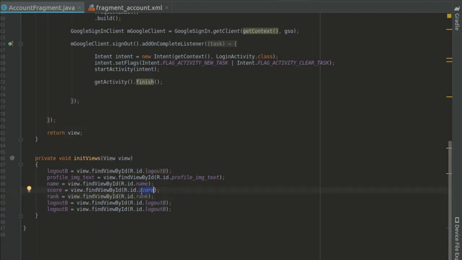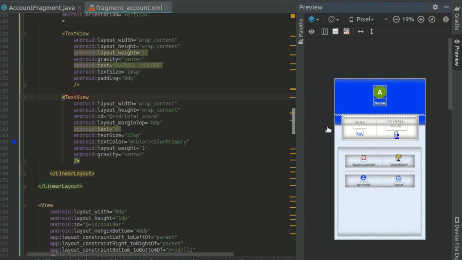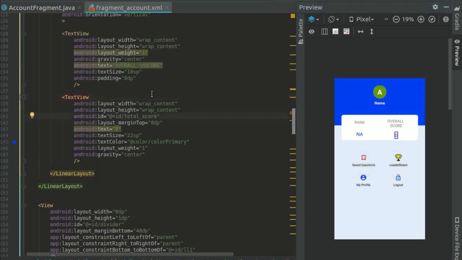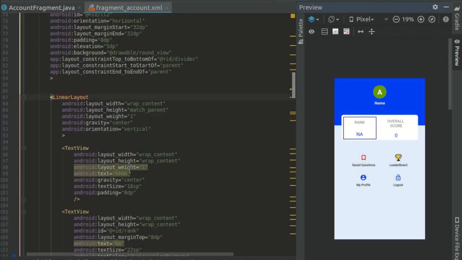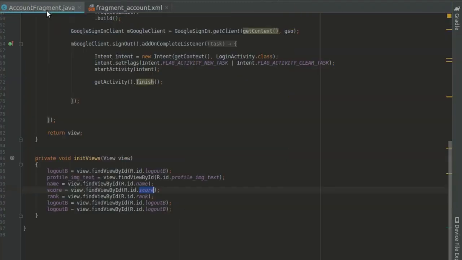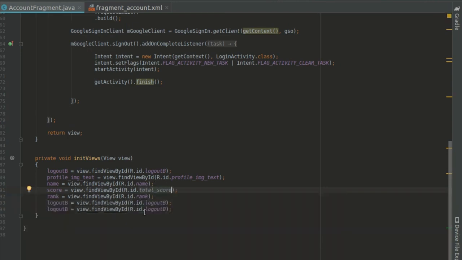This is not score, I guess it is total score. Let's check. This is total score. Okay, and this is, I guess, rank only. So instead of score, total score. You need to check the IDs of each view. It should be correct as we have set in the fragment .xml file. Okay, then after rank,